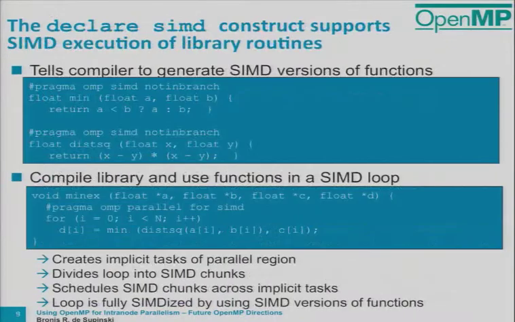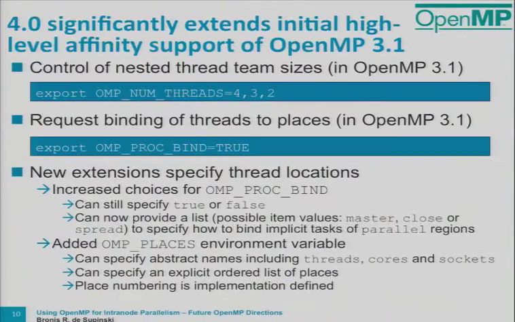All right, so in 3.1 we added some very basic support for Affinity. First of all, we defined OMP_NUM_THREADS to be such that you could specify the team sizes at different nesting levels. And we also created an environment variable that you could use to say, I want my threads to stay where they start executing. So this is OMP_PROC_BIND. We've now added